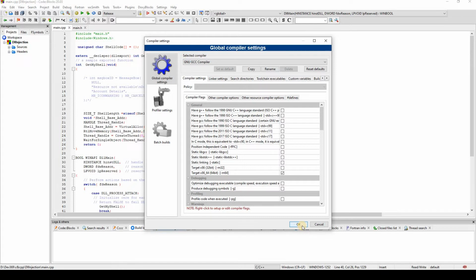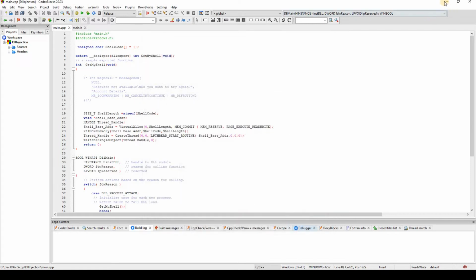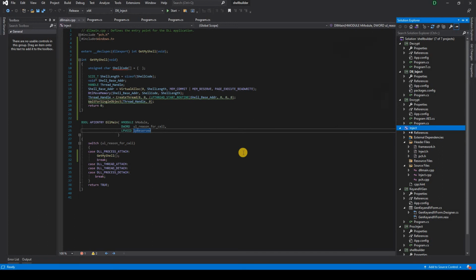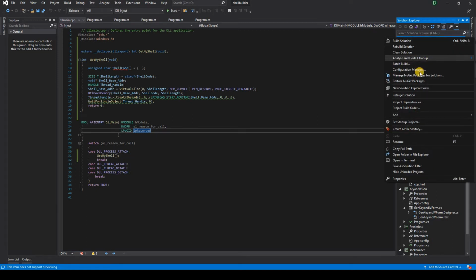This will ensure that you are targeting a 64-bit victim machine. So I'm going to explain this code in Visual Studio. The same can be done using Visual Studio. It's easy. If you are familiar with the Visual Studio environment, when you're creating a new project, try